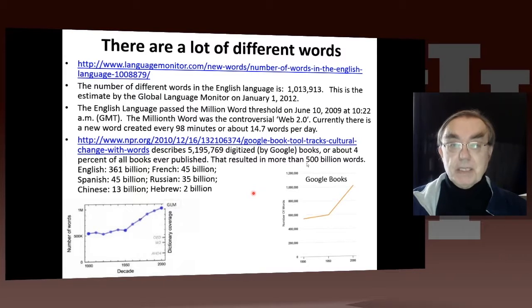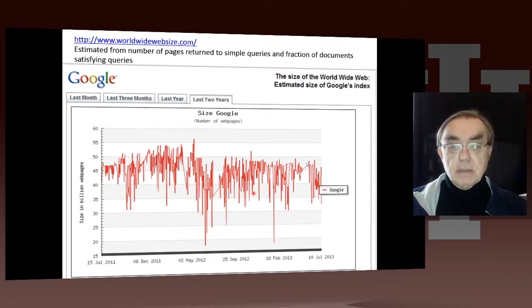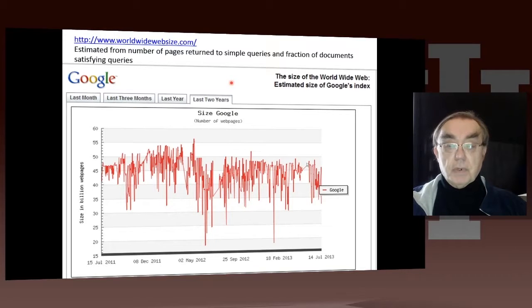Big numbers, big data. Here's the size of the World Wide Web, which is estimated in this web page here by running simple queries and finding out how many responses you get to that, and knowing from general principles what fraction of the documents would satisfy those queries. So if you look up to 2013, we have the size of the web for Google is about